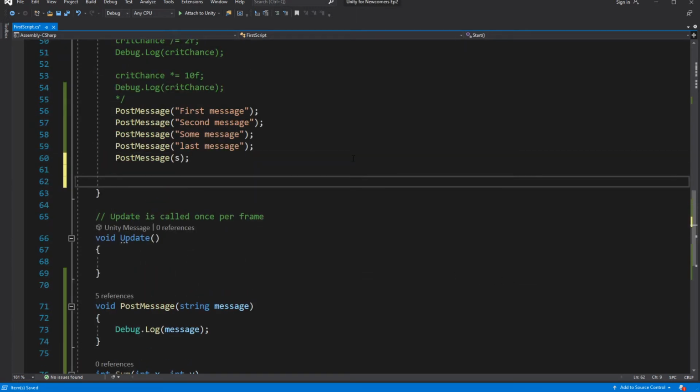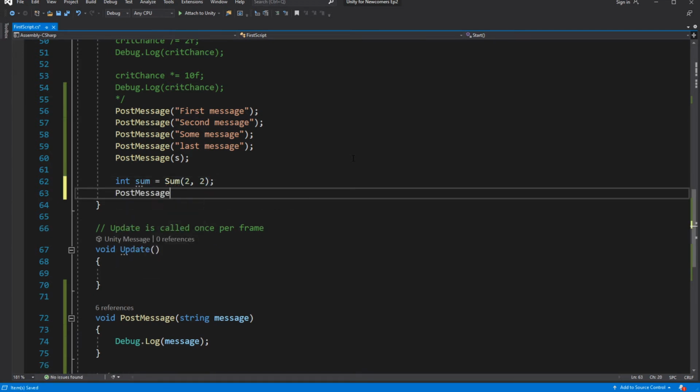Now on the start, let's call this function, pass two integers we want to sum, and then store what this function will return into a variable. Then post this variable into our postMessage method.